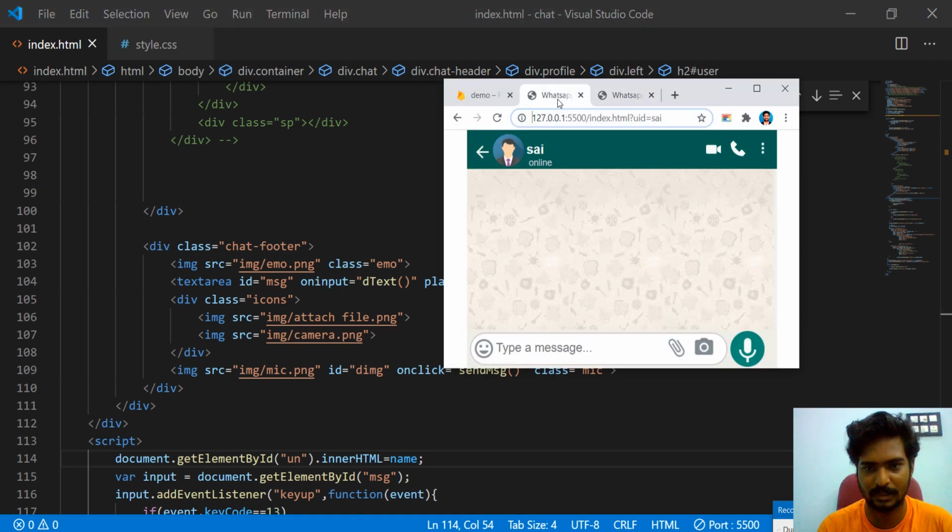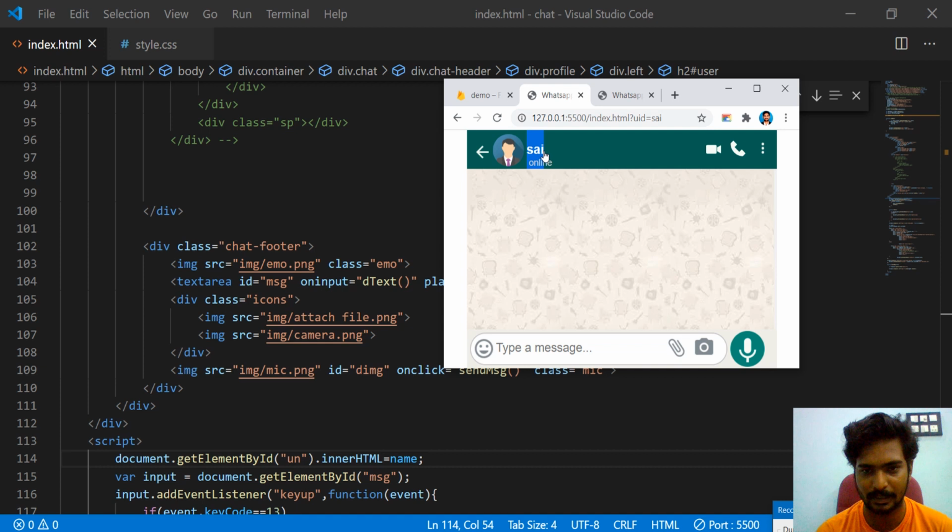Yeah, you see, if you are logging in as Sai, your name is displayed here. If you are logging in as Yukesh, your name is displayed here. But what we need is, if you are logging in as Yukesh, it has to display Sai.